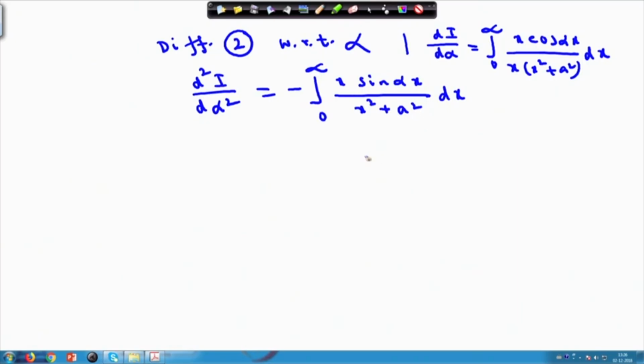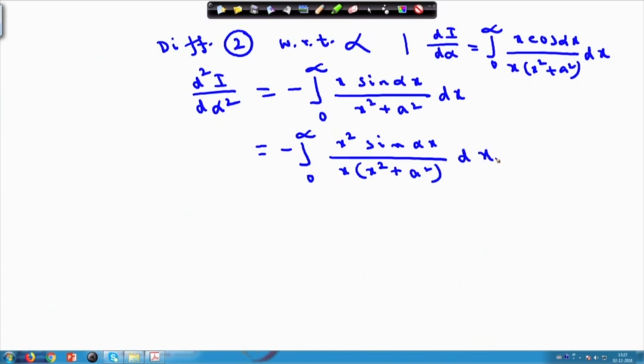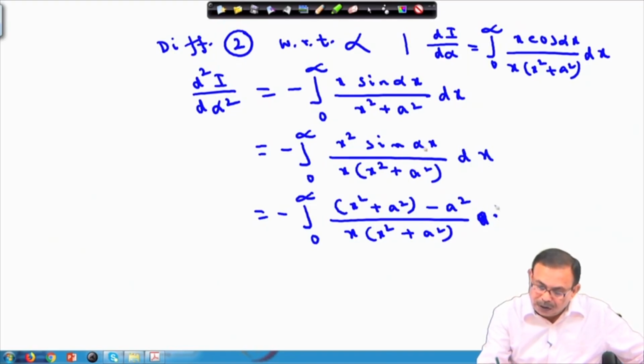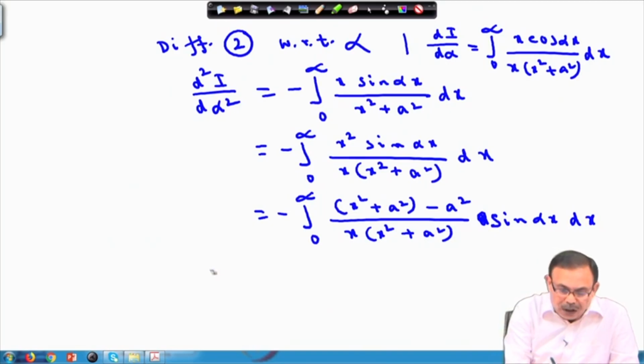So, once I am getting this, this equals, I can write down, integral 0 to infinity x square, multiplying both numerator and denominator by x. So, that is x square sin alpha x dx by x into x square plus a square into dx. And once I am getting this, this is your equation 2 we have written earlier, dI d alpha. So, this equals, you can write down x square plus a square minus a square, without loss of generality, x into x square plus a square into sin of alpha x will come here into dx. So, that you can write down this d square I d alpha square, this is nothing